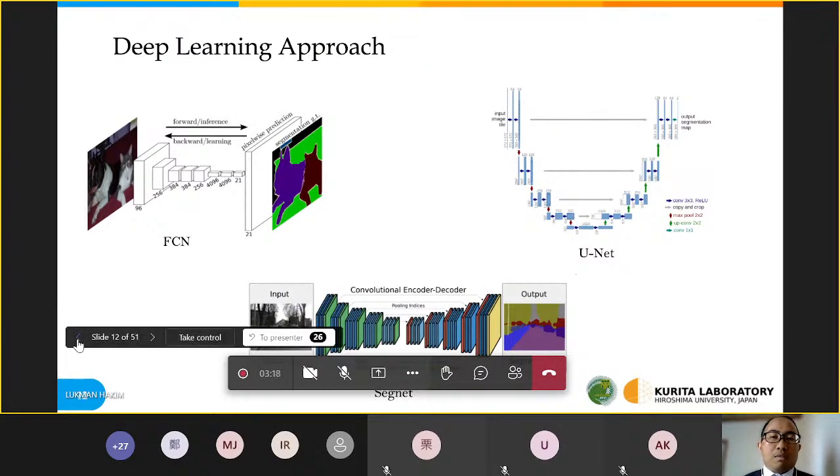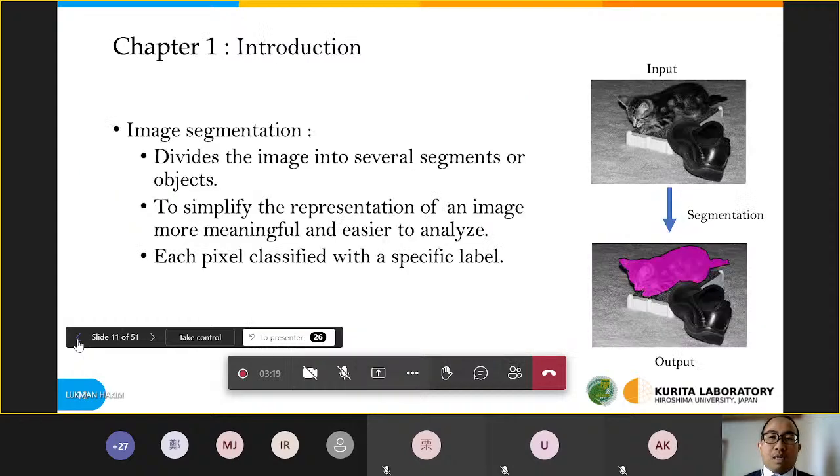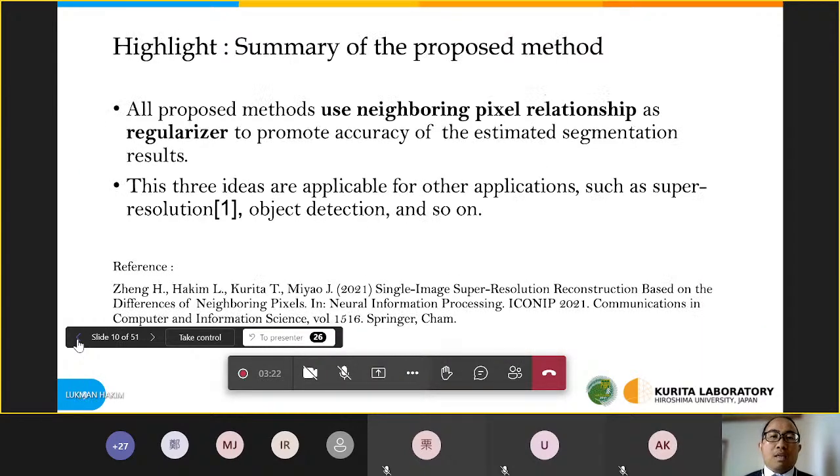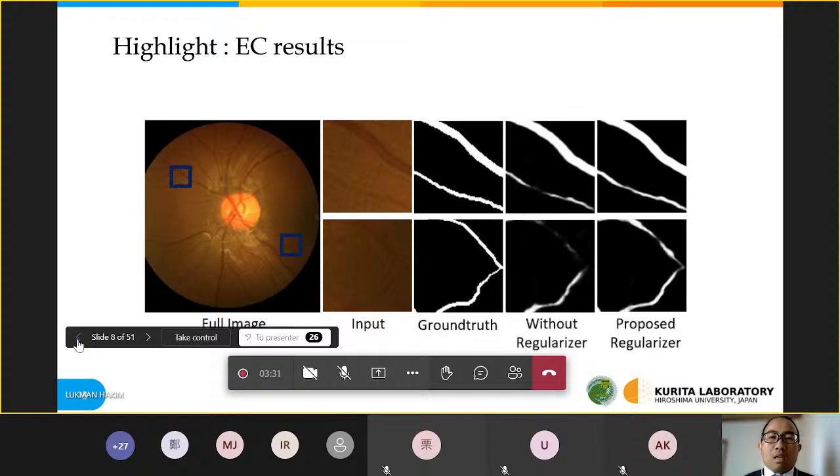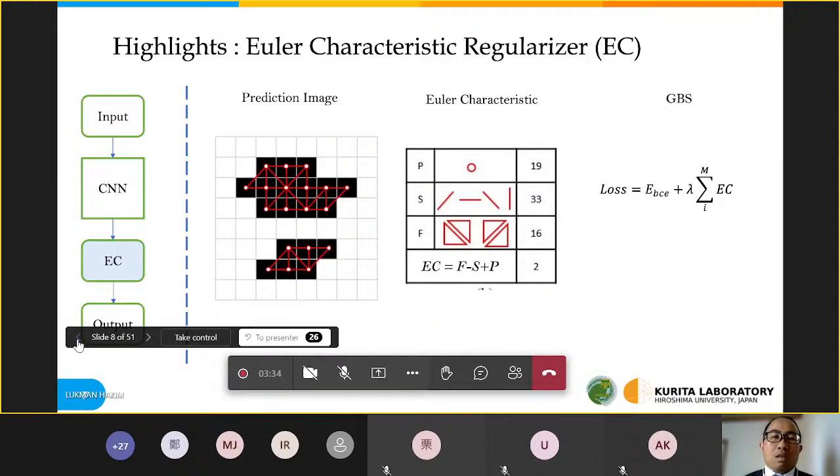A higher true positive rate suggests a better ability of segmenting vessels, and a lower false positive rate indicates a better ability to classify background pixels.